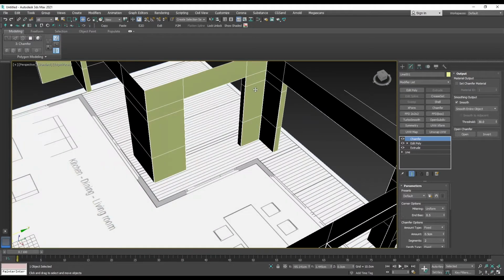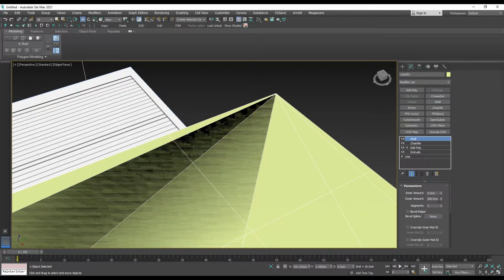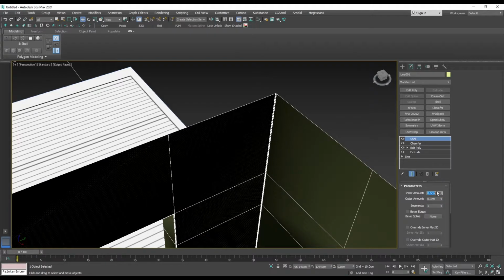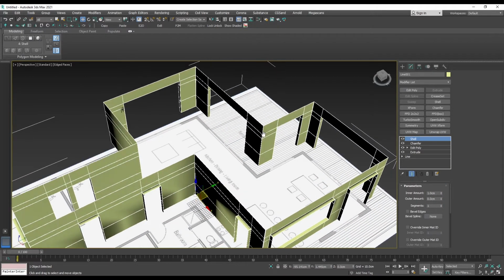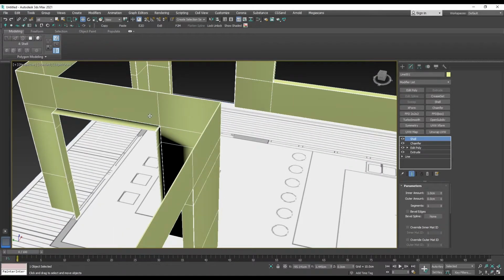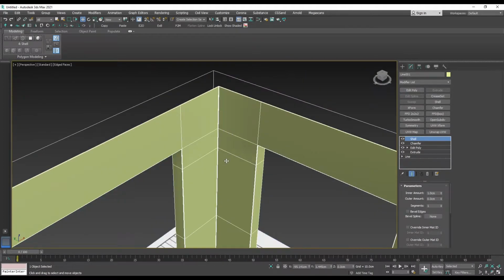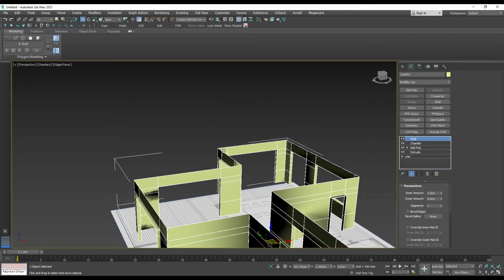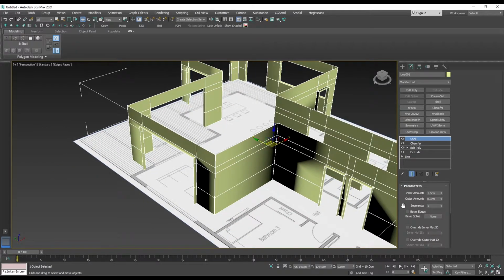You can just add a shell modifier on top, give some thickness to walls, it doesn't matter how much, but if the walls have a bit more thickness, you will solve the problem perfectly. Obviously, you will see some smoothing issues with the shell modifier, but it's pretty easy to fix. And you will not see these shading issues, smoothing issues, that dark areas in your output, but just to keep